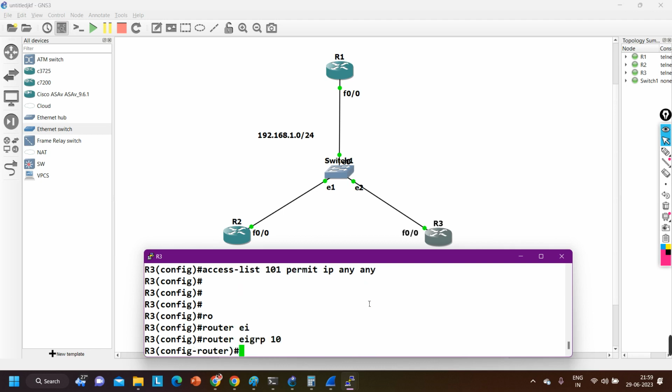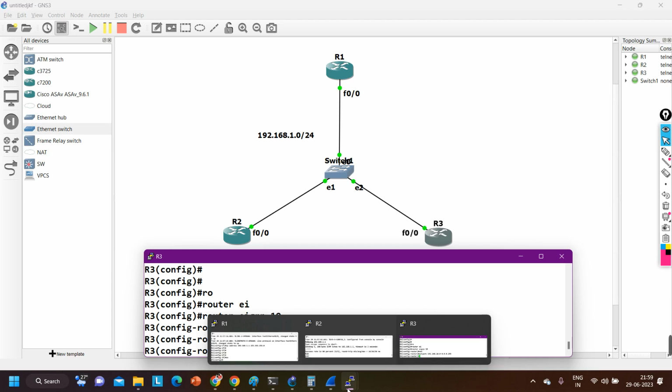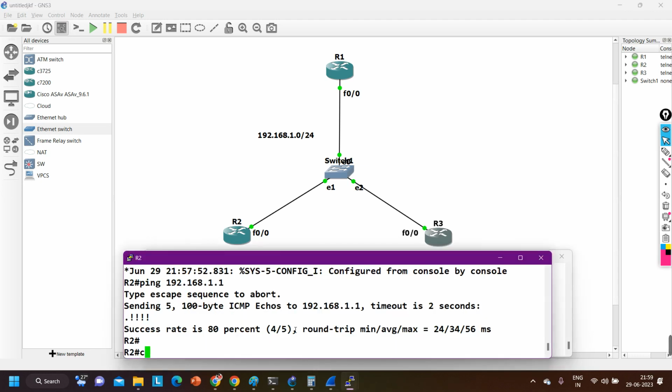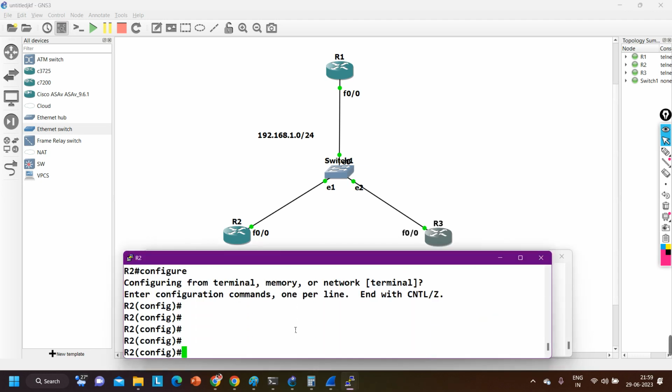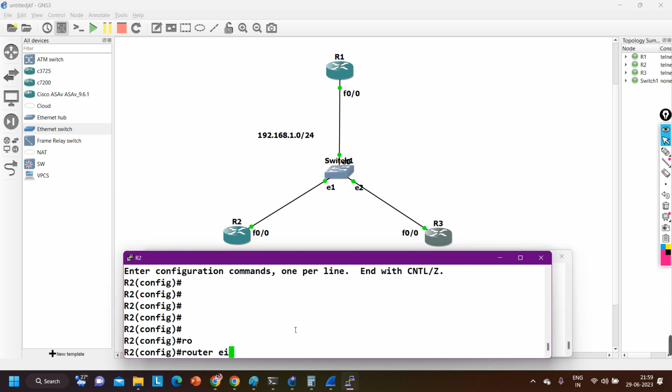I'm going to configure EIGRP. Router eigrp 10, network 192.168.10.0, wildcard mask 0.0.0.255. Done. On router number 2 and 3 also I am going to configure it. Router eigrp 10, network